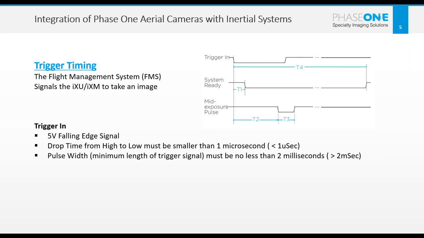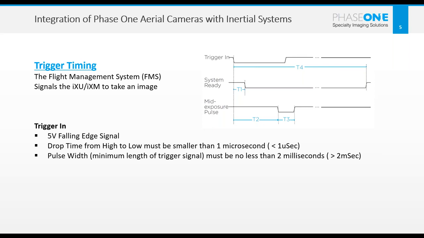For the actuation to happen, a few things need to happen. One of them is the trigger. The trigger nature would be, as I say, a falling edge signal, 5 volts, with a drop time of not smaller than 1 microsecond. If you can see the image,